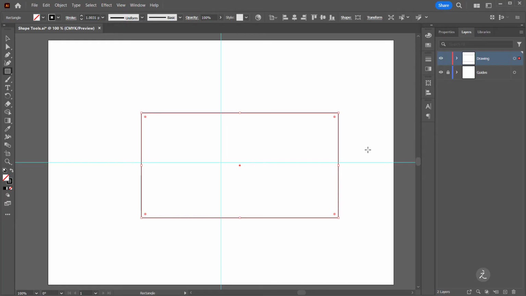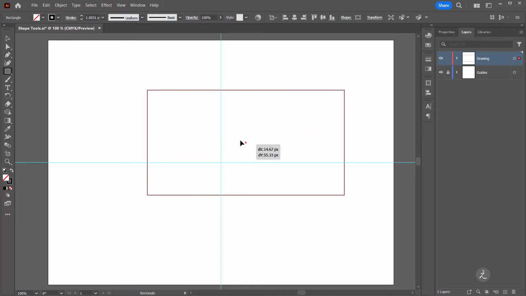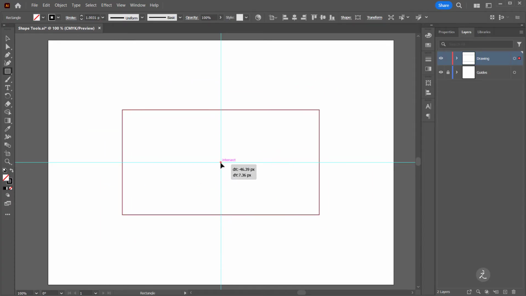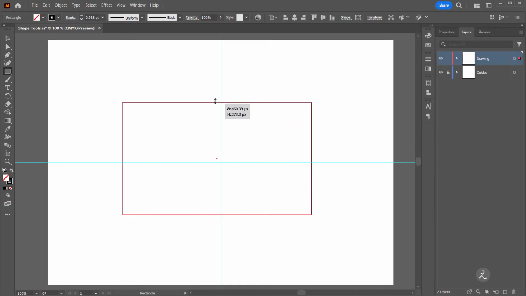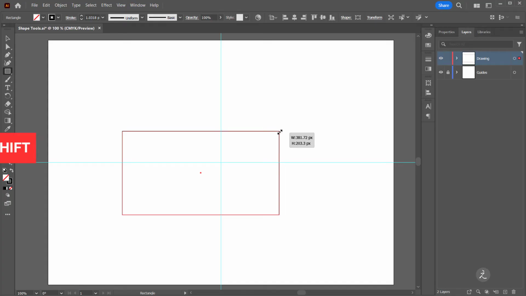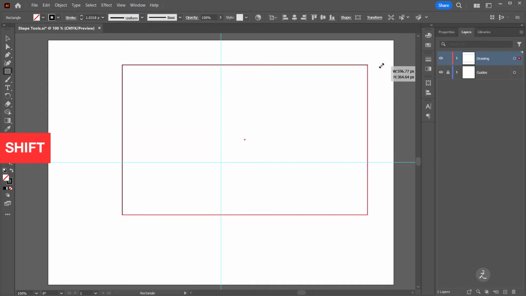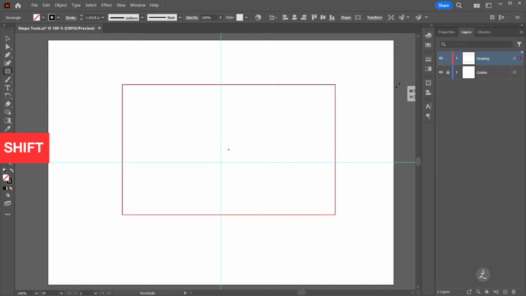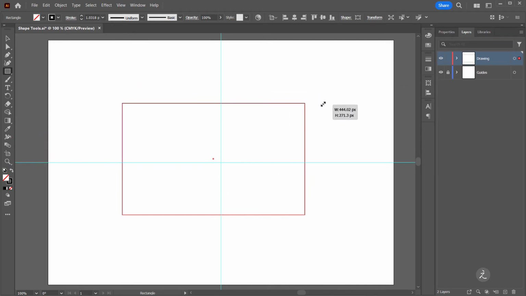For example, I can position the rectangle shape to a different location by dragging the center point. I can drag a side handle like this one or this one to squeeze the shape. I can drag the bottom or top handle and scale the shape vertically. Now, still with the mouse held down, to constrain the shape proportionally, I press and hold the Shift key, and as I drag the corner handle, I keep the aspect ratio.